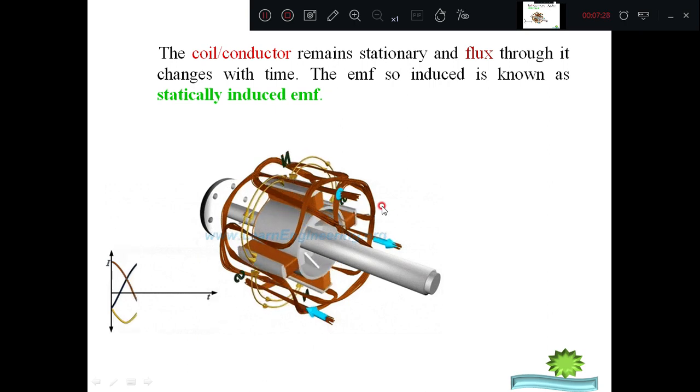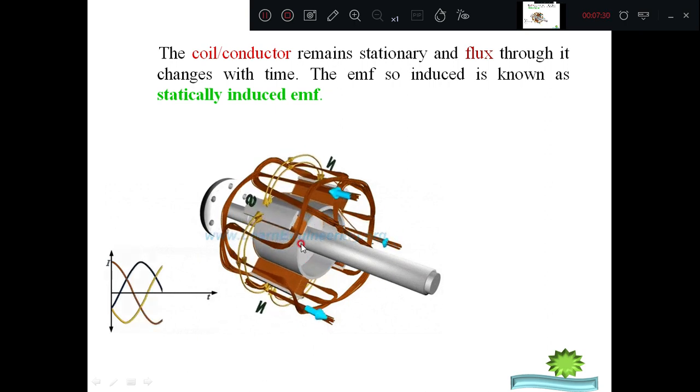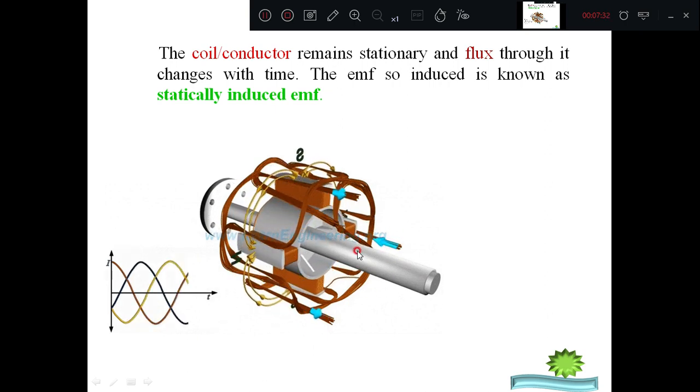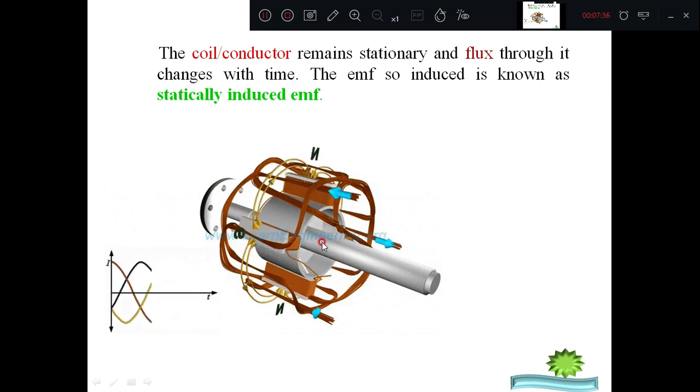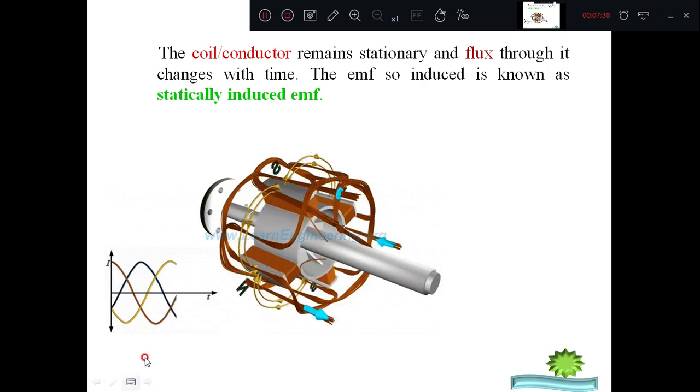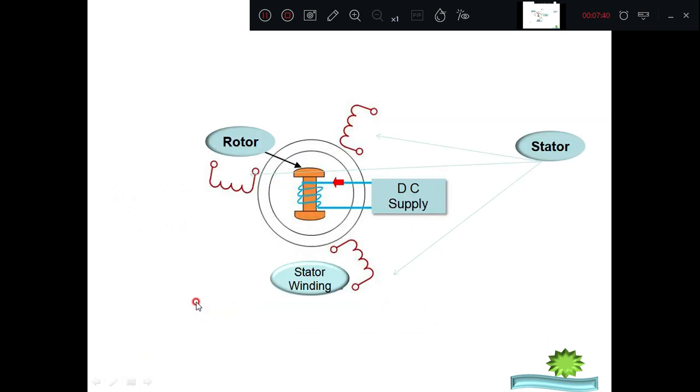There are three coils placed in the stationary part and there is a rotating magnetic field. Because this flux is cutting the stationary armature conductors, there is an induced voltage in the alternator. You can see this is the basic block diagram of the alternator. We have a stator in which we have an armature conductor. So we have three coils shown here, that is R, Y and B.